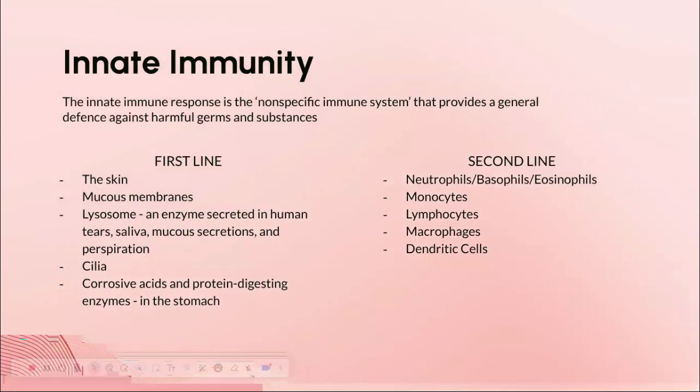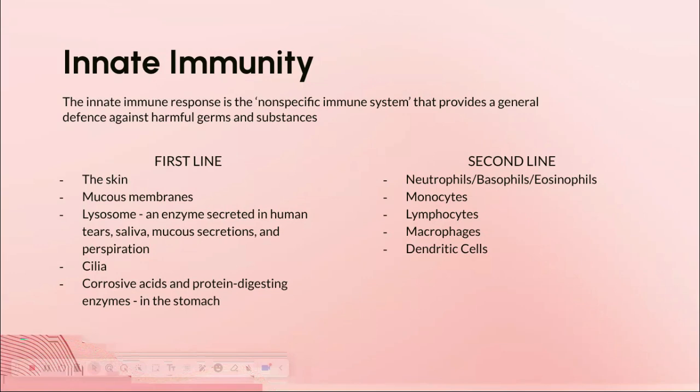So, the immune system is made up of two different parts, the innate immune system and the adaptive immune system. So, first, the innate immune system provides a general defense against harmful germs and substances, so it's also called the nonspecific immune system. It mostly fights using immune cells such as natural killer cells and phagocytes, or eating cells,